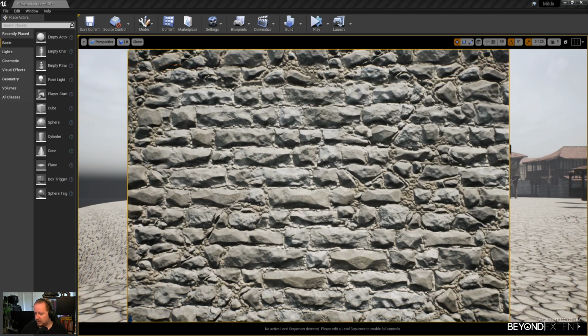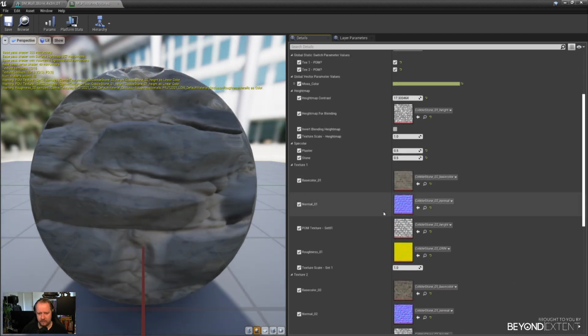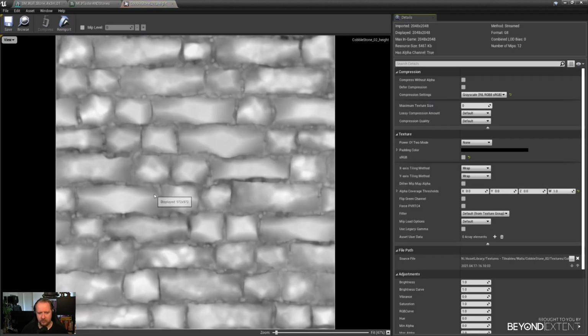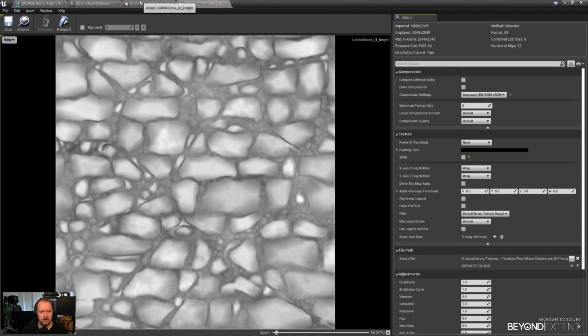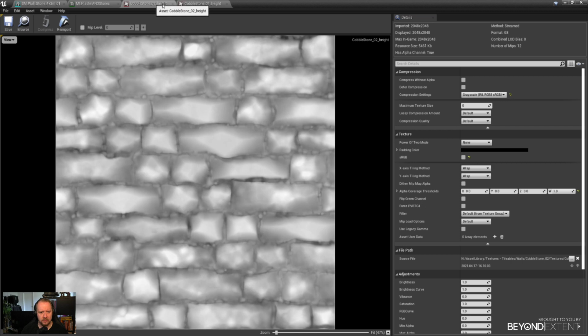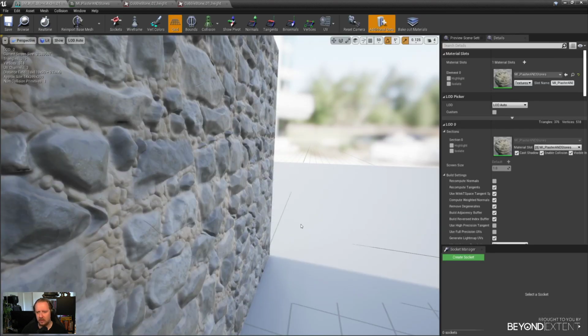Where are my other panels? There we go. Okay, let's have a look. It's really just playing around with the height texture here and getting good values in there, so that once you start blending, you don't have large sections intersecting with each other, which is really important.